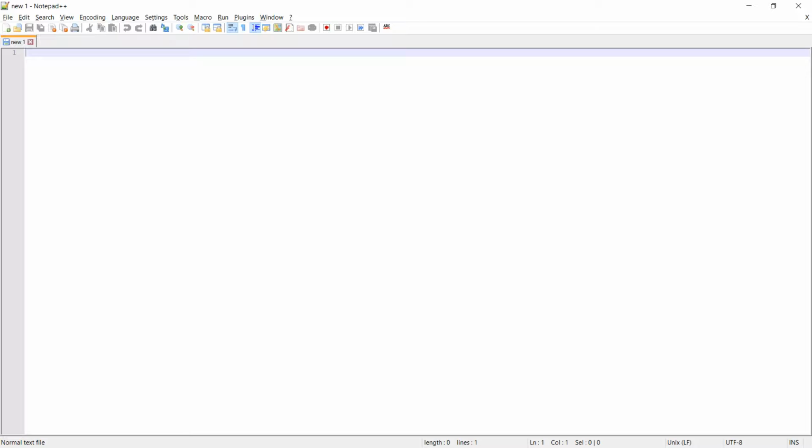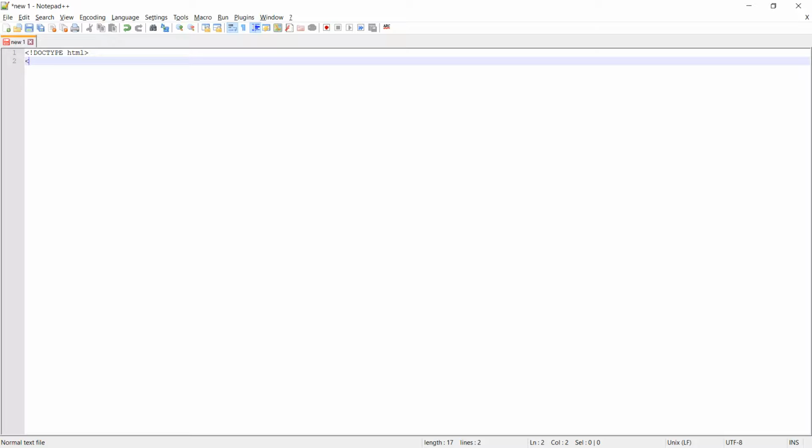Okay, so we're going to check out some tags so that we can actually see this concept of tags, see elements which are made of opening and closing tags, and then also see some empty elements which only have the opening tag or just the empty tag. So before we can start with the tags, we could immediately start writing tags, but for practice sake, it's a good idea to first write out the structure which is found in every